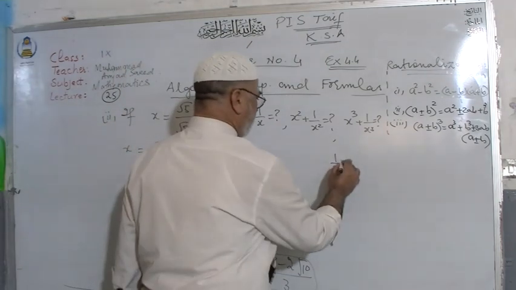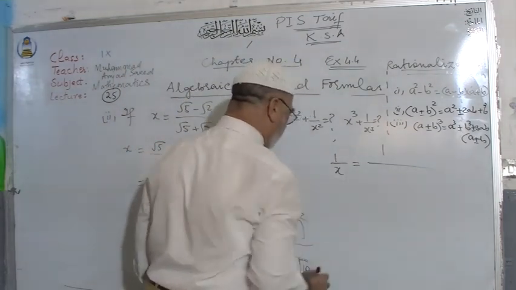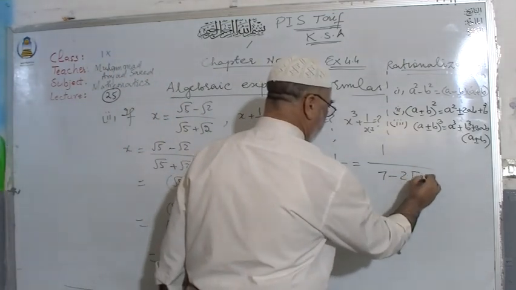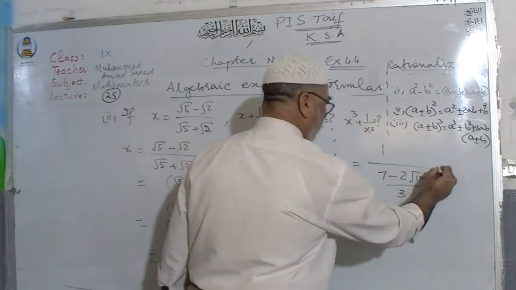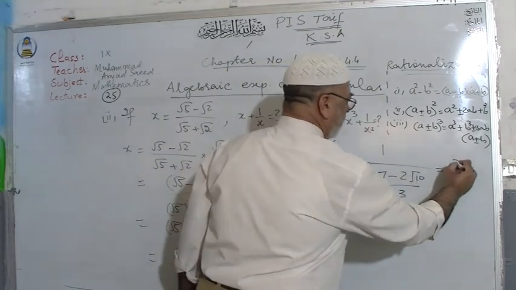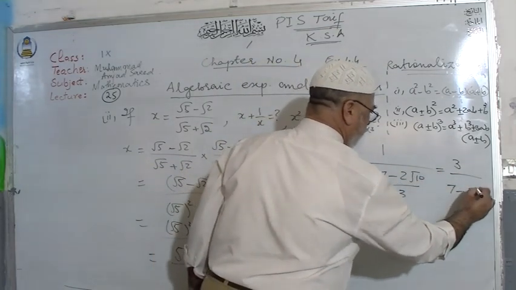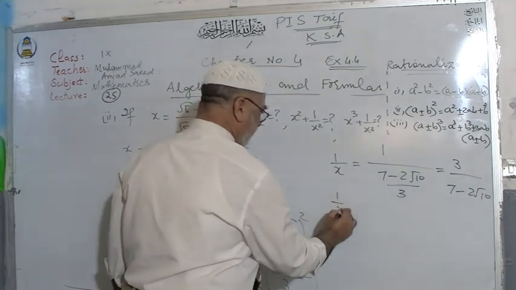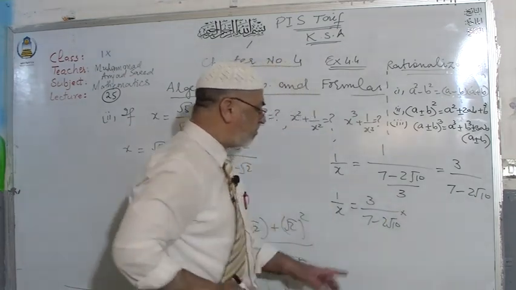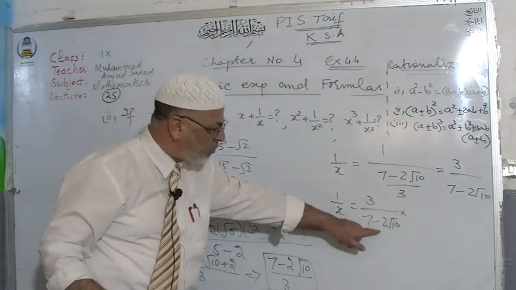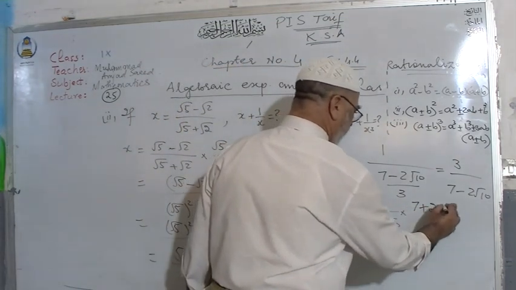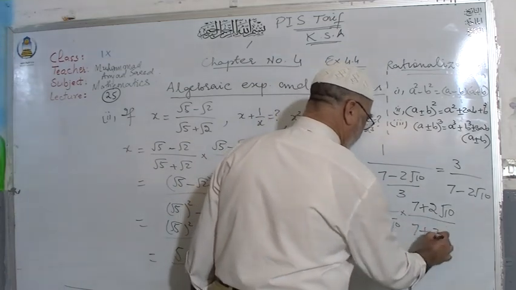Now I am finding the value of 1 over x as 1 over the value of x. What is the value of x? 7 minus 2 into 10 under root divided by 3. This 3 will be reciprocal and it will come up. 1 over x is equal to 3 over 7 minus 2 into 10 under root, multiplying above and below by the conjugate of the denominator. Here is 7 plus 2 into 10 under root divided by 7 plus 2 into 10